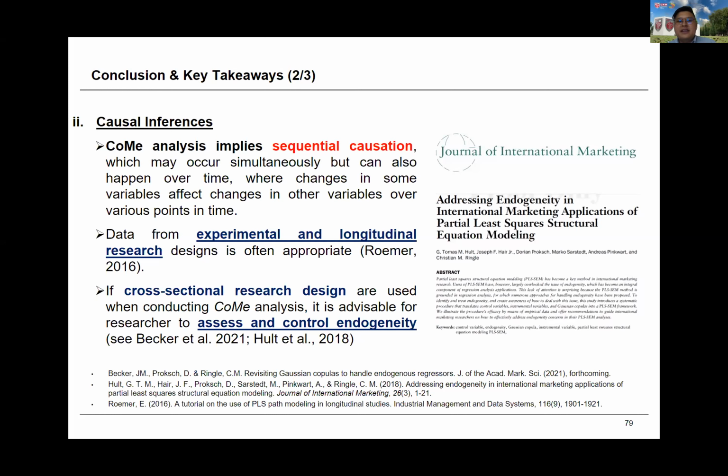Researchers need to be aware and stay away from confusing causation and correlation. They are both different things. So the best way to produce the best result of causal inferences, we will advise researchers to use experiment and longitudinal research, right? This is the most welcome in terms of causal inferences. However, if you have no choice, and you want to just do it in a cross-sectional research design, which means you collect one time of particular data and just run your model,